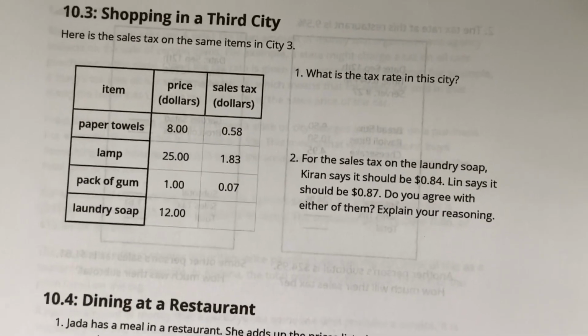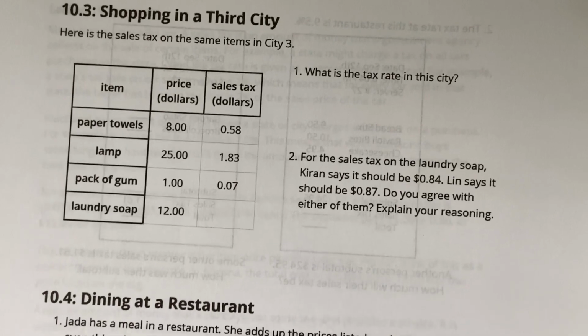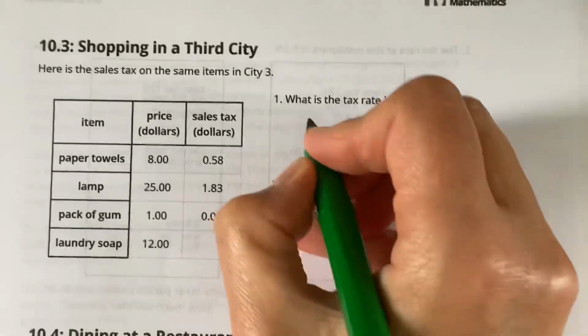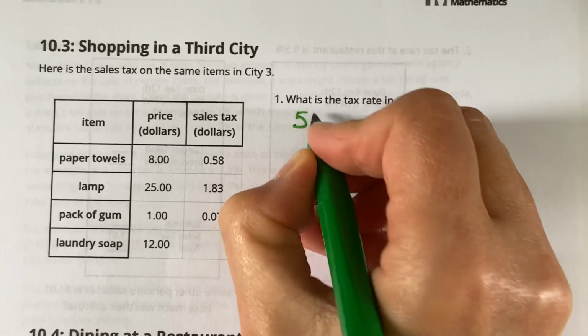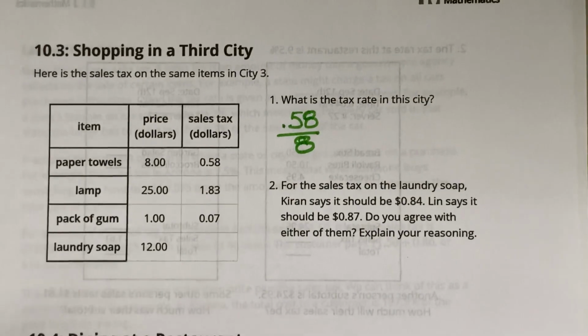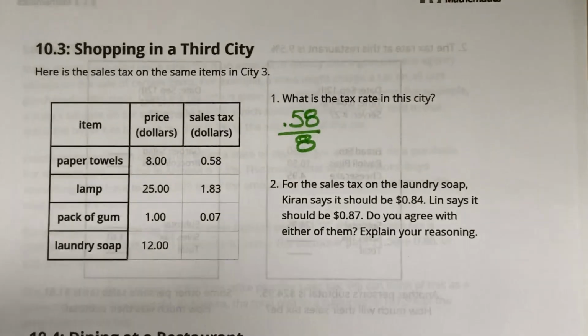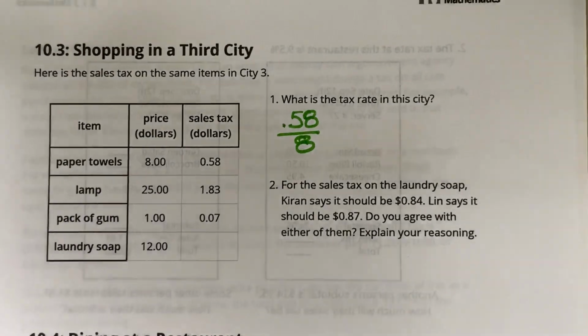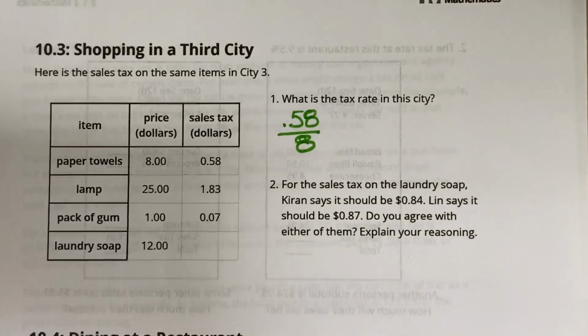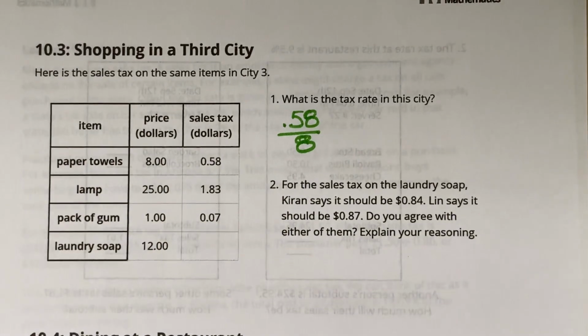So here's the sales tax on the same items in City 3. Okay. What is the sales tax rate? Remember I said the tax over 8. So I would divide that out. Now this one's not going to go in evenly, it's going to be a decimal, so I'm actually going to divide it out on a calculator. Or I could just divide it out, but I don't want to take that much time. So if I did 0.58 divided by 8, I get